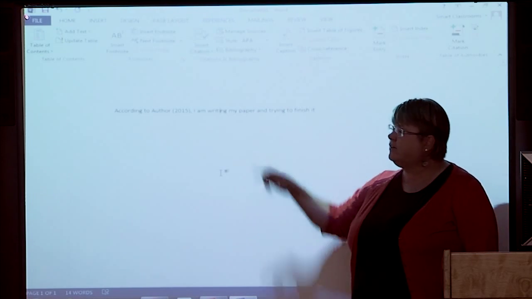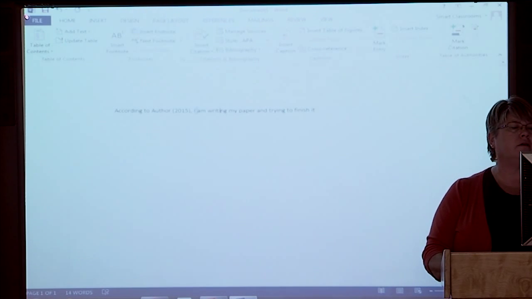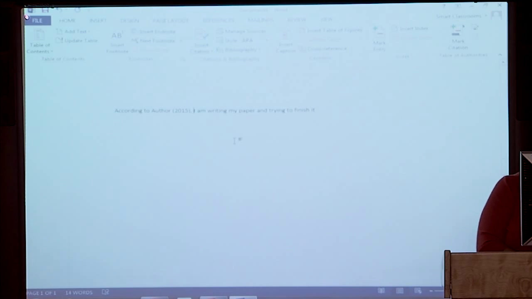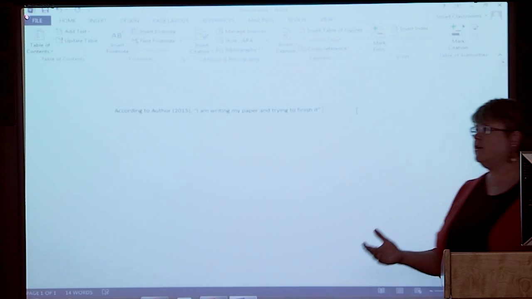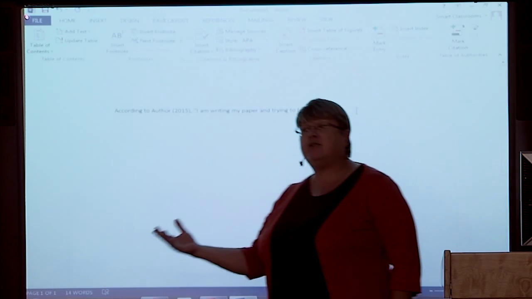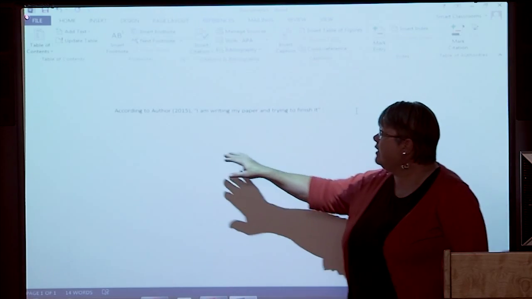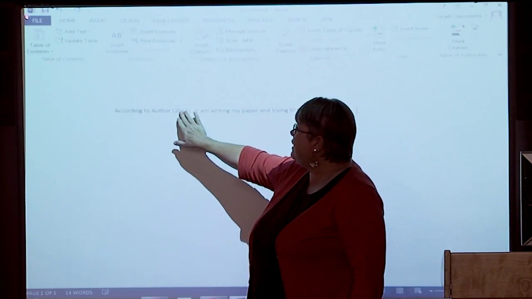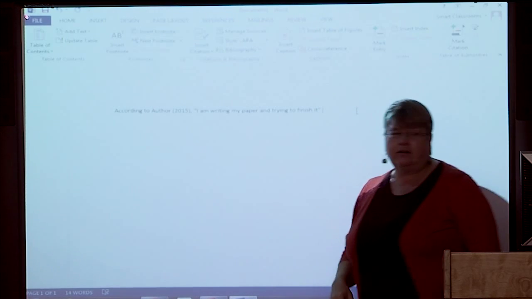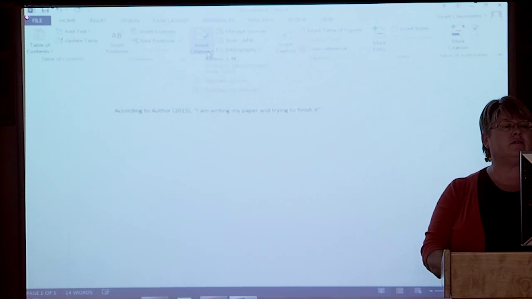Now, let's say this is a quotation. So at the end of the quotation, I want to tell them what page I got the quotation from, right? But I've already got the author here, I've got the date here. I don't need those at the end, but I can still do insert citation.